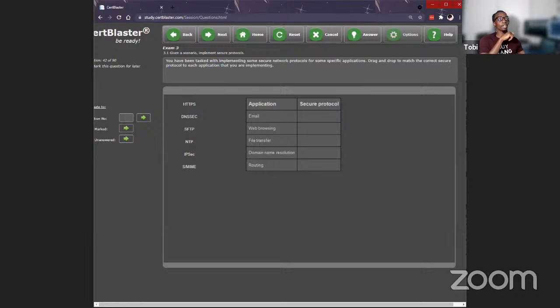You have been tasked with implementing some secure network protocols for some specific applications. Drag and drop to match the correct secure protocol to each application. Private message me these in order, 1, 2, 3, 4, 5.